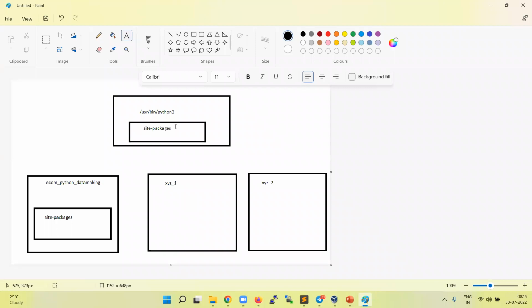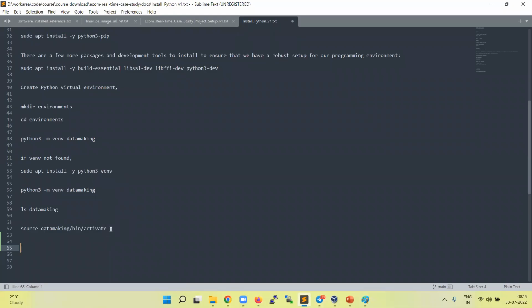If you want to use XYZ_1, then we need to activate this Python virtual environment and use it. Two cannot be activated at the same time, so we have to stop the other one, or it will automatically stop. Mostly you just have to come out of it and then activate the other virtual environment. That's the reason you have a command called source. You need to give the specific Python virtual environment followed by bin/activate.